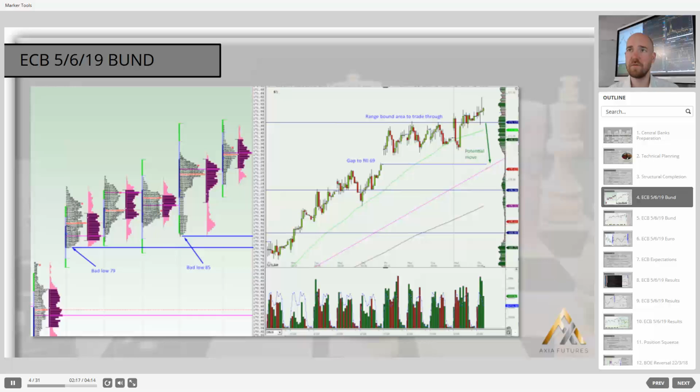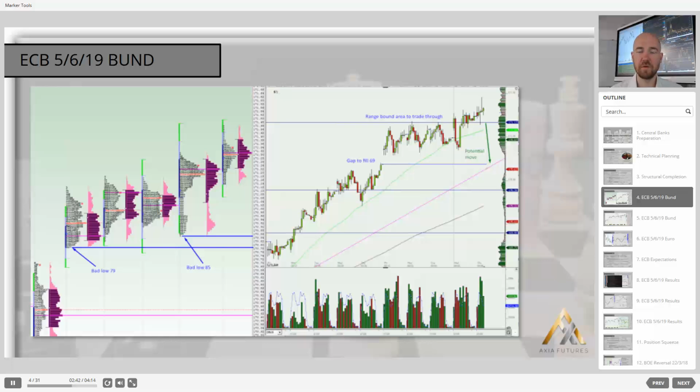And what you're looking for is a move back into the range established in the days in the run up to the ECB. So we've had the Friday, Monday and Tuesday, and even the majority of Wednesday, all sit in quite a tight range going into the ECB. Any movement back into that range below 170-117 starts to set up this opportunity to trade through those bad lows